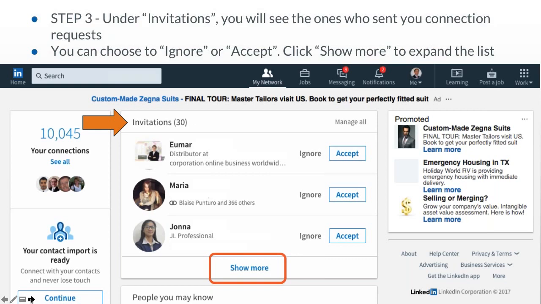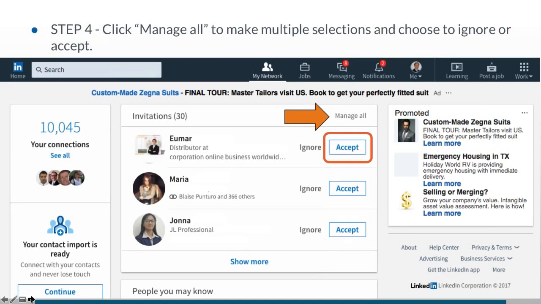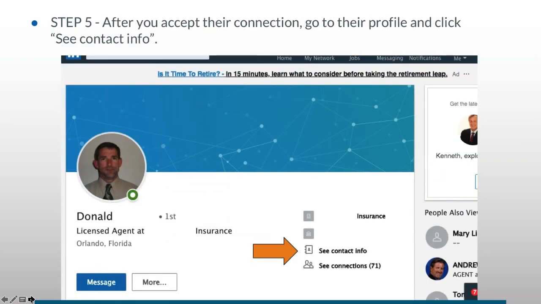You could always change and delete them in the future as a first level connection if the relationship is not developing. So you could ignore or accept at this time, and then you click on show more to expand the list. And then you click on manage all to make multiple selections and choose to ignore or accept.